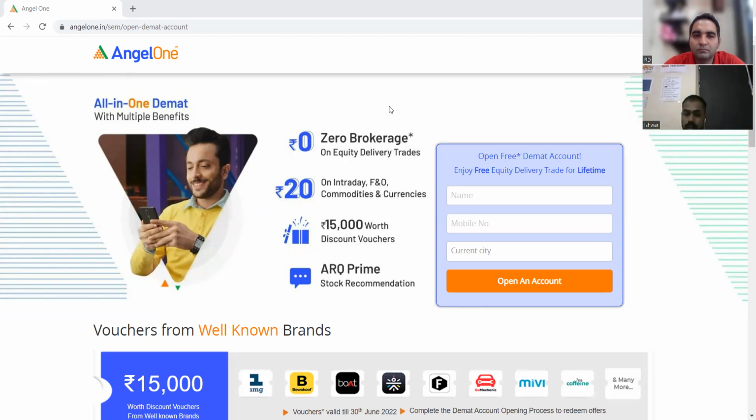Suppose without providing name and mobile number, we directly click on open an account, whether it throws an error message or not. And suppose by providing valid credentials, meaning a valid name, mobile number, then current city, etc., once we click open an account, it should navigate directly to the dashboard page. So this is the service level coverage or flow of the application. In this way we will check this application: behavior coverage, then input domain coverage, error handling coverage. That's it.